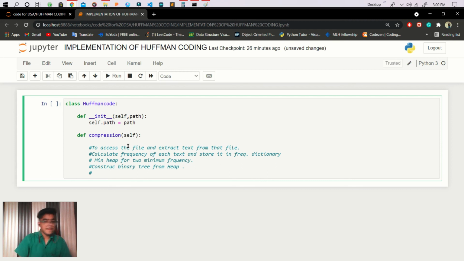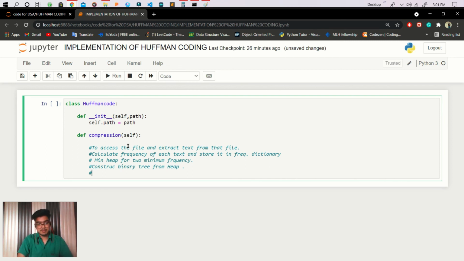Now when we have constructed our binary tree, what is the next step? With the help of that binary tree, we actually have to construct the codes. So we have to find the codes, and those codes are stored in a map, or we can say a dictionary.